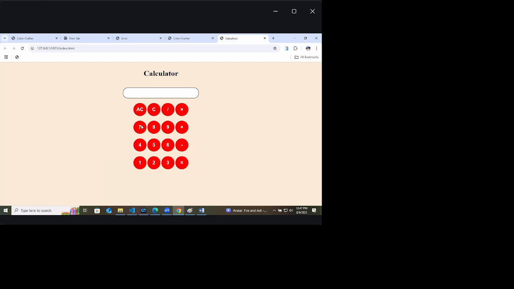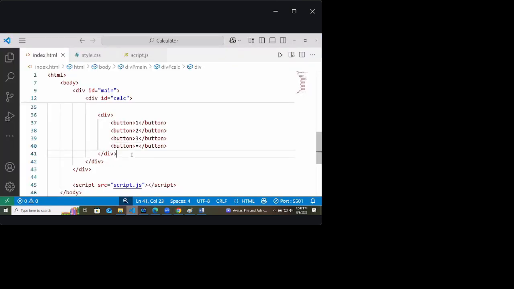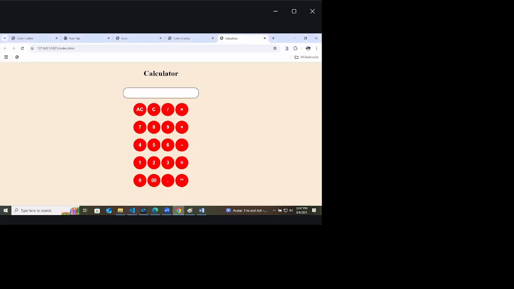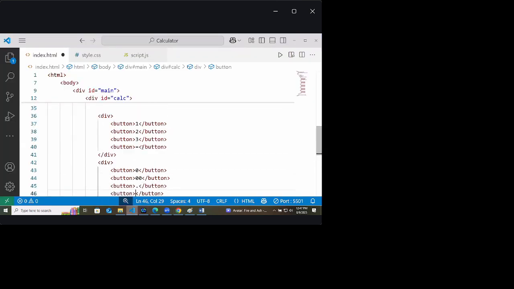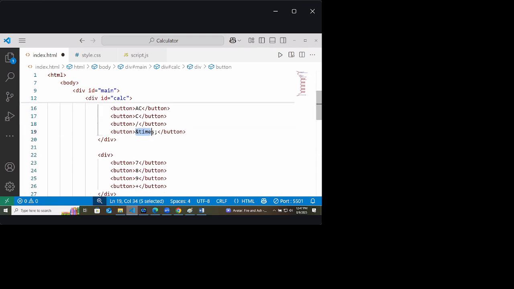So all the basic we have provided, but provide one more row for 0, 00, dot and double asterisk. Means power also you provide. Or else change them. This double asterisk I will provide at the top with divide, but everything we have to change then.